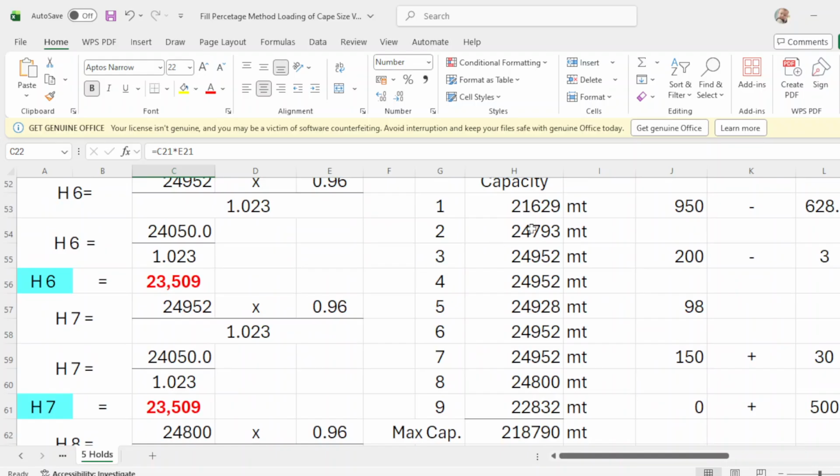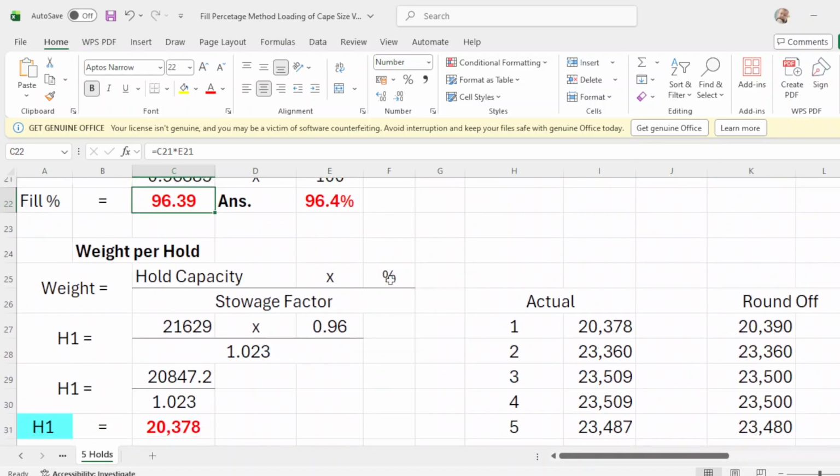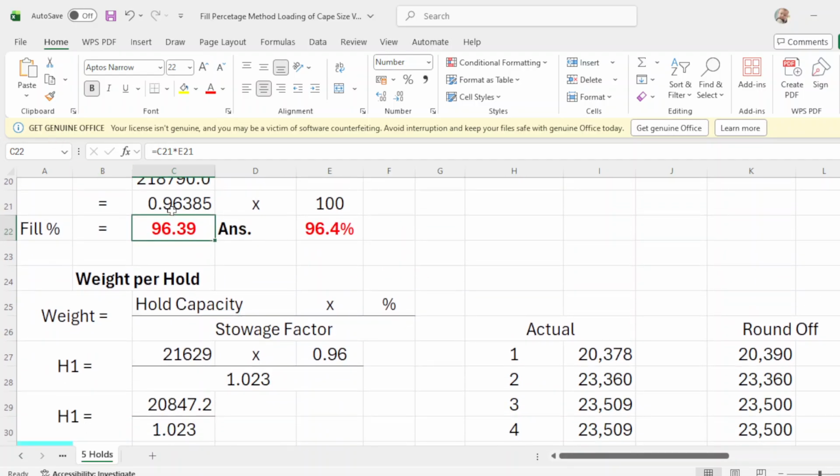Number 1 is 21629, times your percentage, which is 96.4, or 0.96, over your storage factor of 1.023.